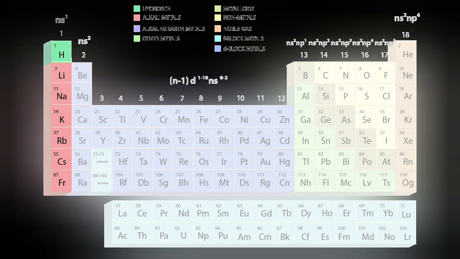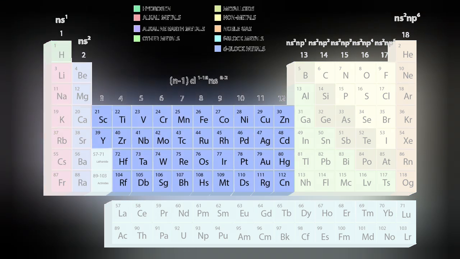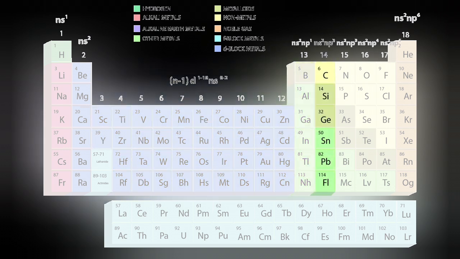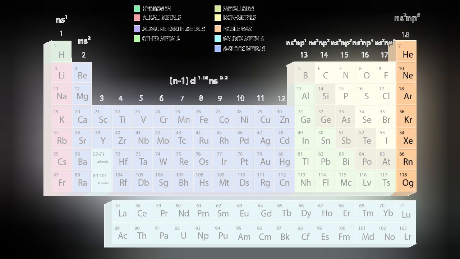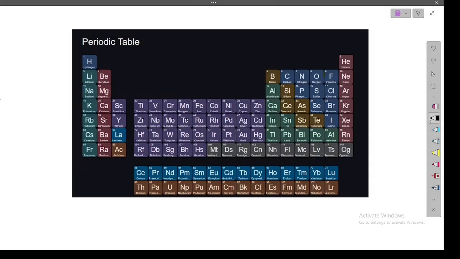Today we are unlocking the secrets of the modern periodic table and discovering how the properties of elements change in a very particular way. Ready to learn some science magic? Let's go. The modern periodic table is arranged by atomic number, which we can see here in the table that hydrogen has the atomic number 1. Similarly, helium has 2. So the numbering that is given here, that is the atomic number or the proton number